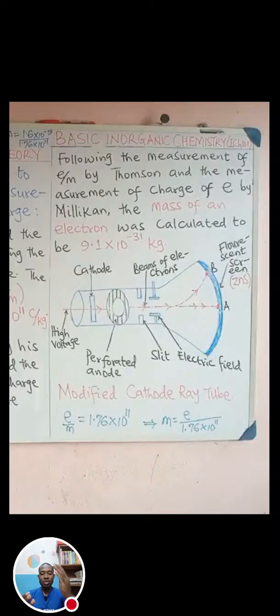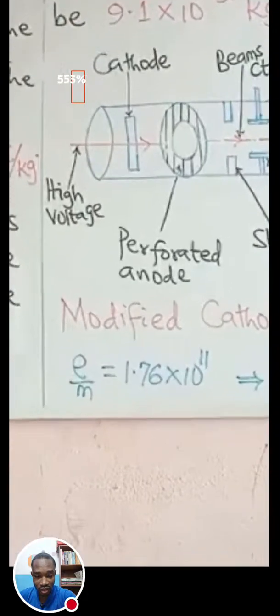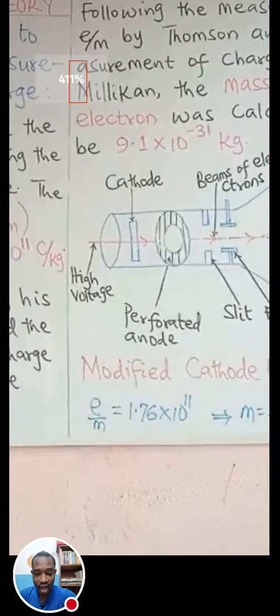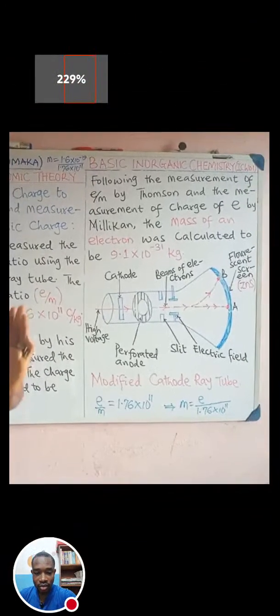Now, once someone knows the charge of an electron, which of course is 1.6 times 10 to the power of minus 19 coulomb according to R.A. Millikan's oil drop experiment, and you also know the value of charge to mass ratio. The e that is showing on the board here is used to represent the charge, then m is the mass. So if you look,